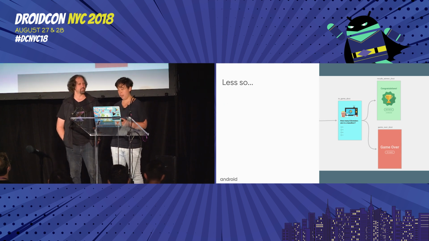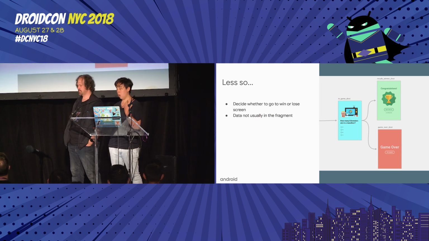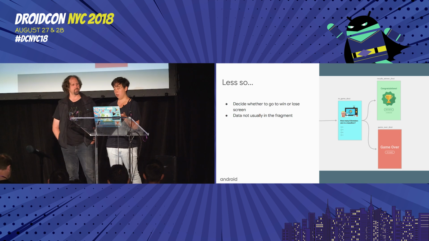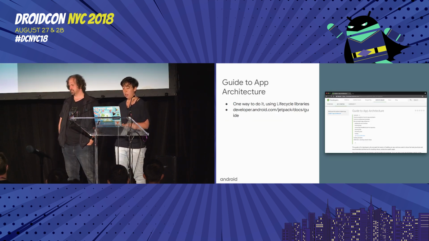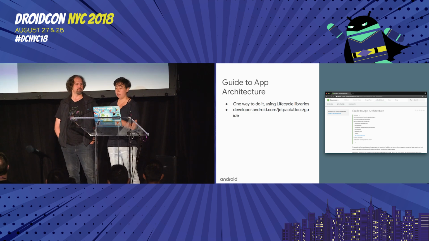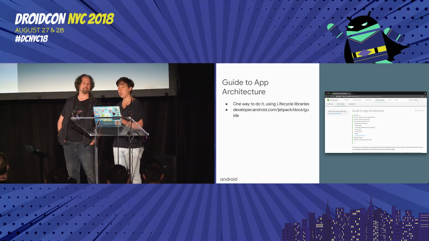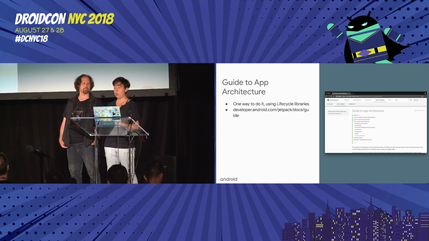It's also better for testing if you are doing this not in your fragment and perhaps in a ViewModel, if you happen to be using a ViewModel. Okay, so in 2017, a year before we released the navigation component, we made some other architecture components, the lifecycles library and the Room library. And we also released guidance about a possible architecture that you might want to use.